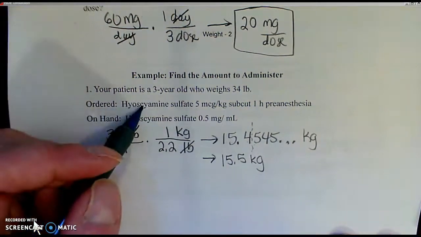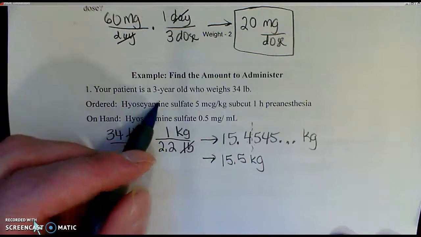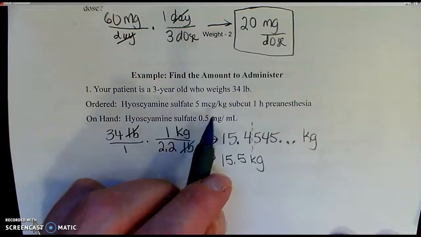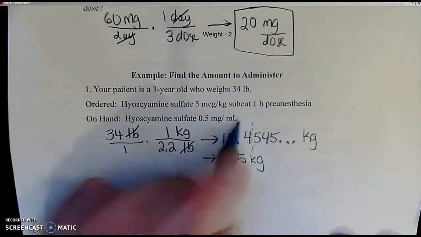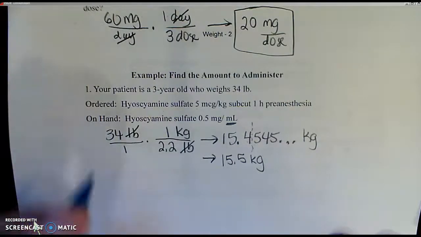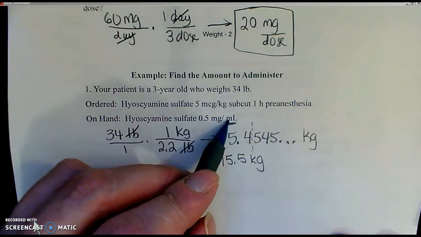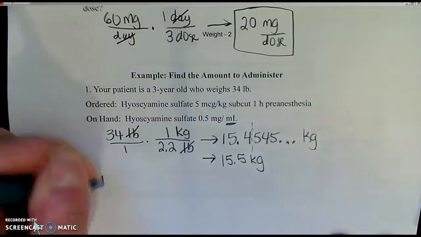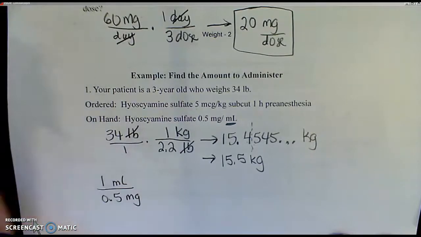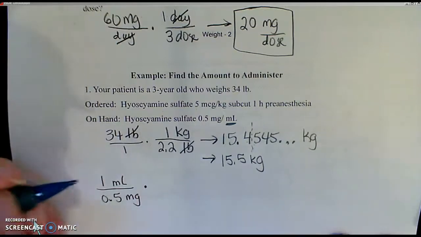The next thing we're going to do is some dimensional analysis to figure out how much to give the patient. Now, our biggest clue here is that on hand is 0.5 milligrams per milliliter. These milliliters tell us that this is a liquid medication and we're going to want to give it in milliliters. So let's start with what we know. So let's make sure the milliliters are on top, and we'll make that 1 milliliter over 0.5 milligrams. And now we will multiply that by the